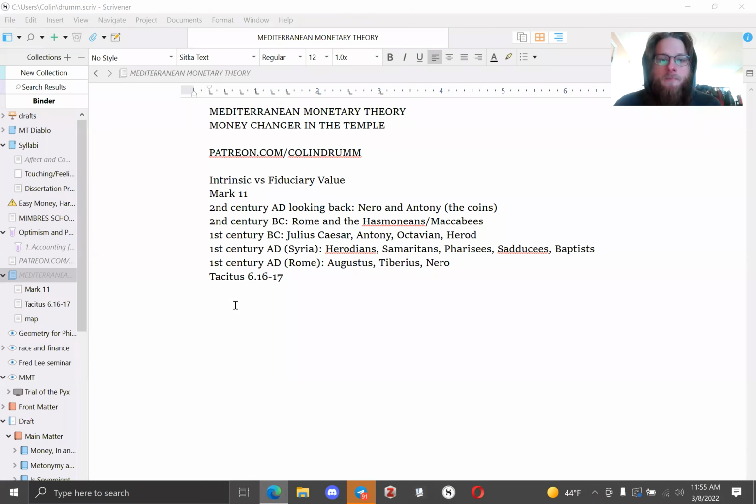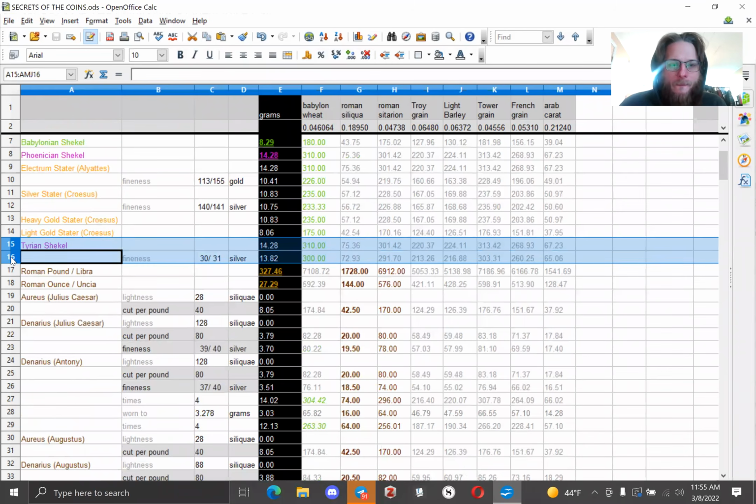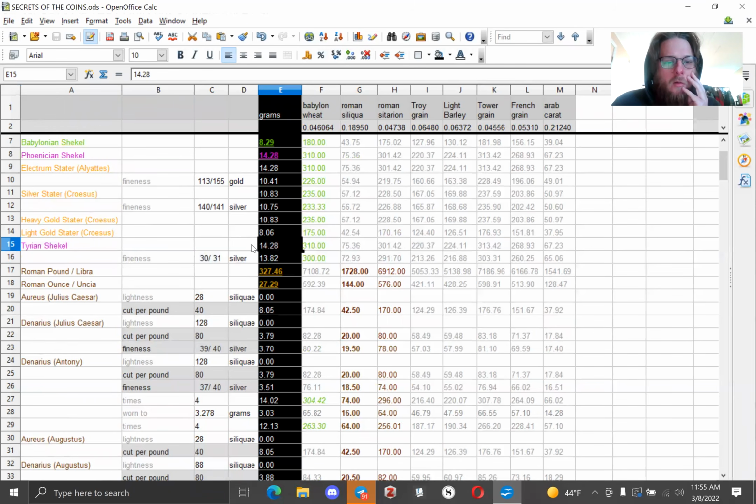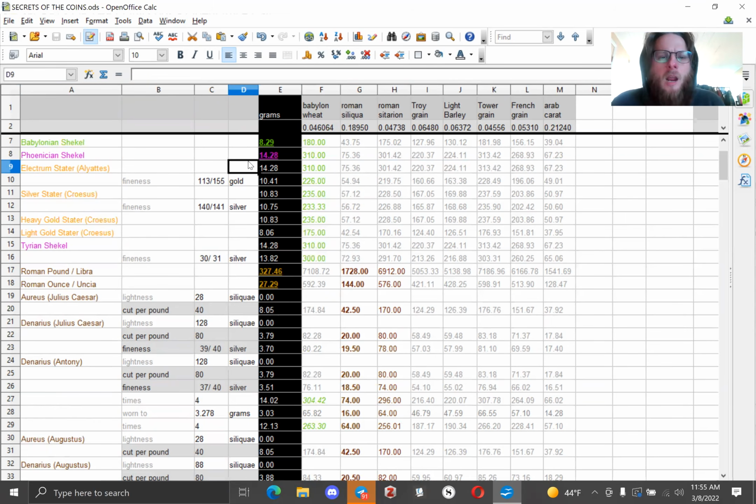So let's look at that coin. So here's the Tyrian shekel. Now, it is a coin, and people have weighed these coins. It weighs about 14.28 grams. Now, I was really excited to discover this when I first started looking into this, because 14.28 grams is the same weight as the earliest coins ever, which are these electrum staters of Lydia, which also weighed 14.28 grams. I'm not going to get too much into that in this video, but